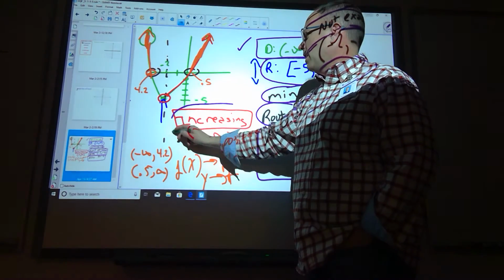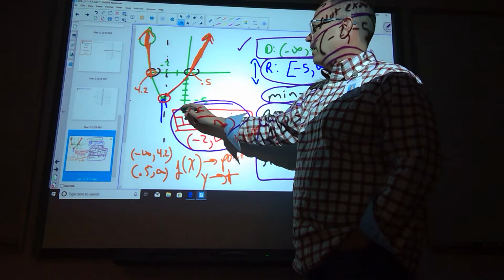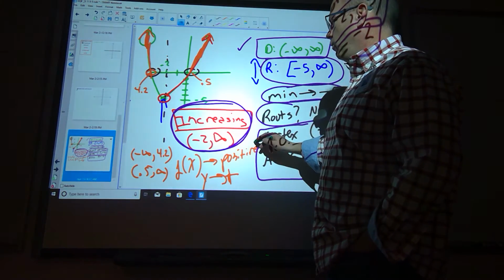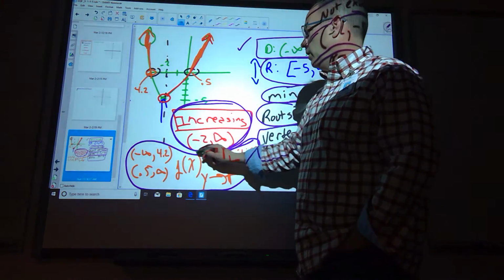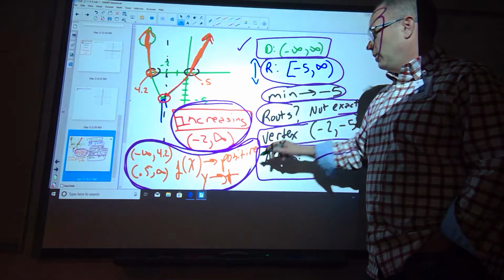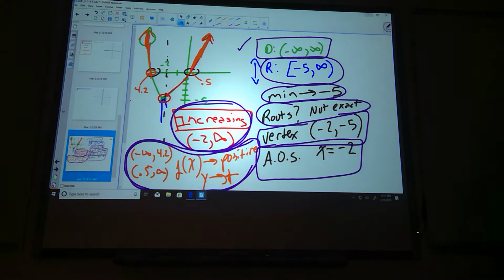Increasing is a little bit tougher to fathom. And where the things are positive, I think that's a tougher one to figure out as well. But with these kinds of problems, when we have them on a test or quiz, each blank is worth 1 point. So even if you can't do one or two of them, should you leave the whole thing blank? No. Get all the points you can.